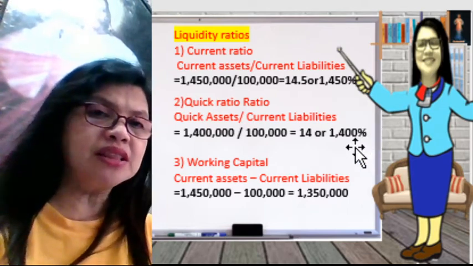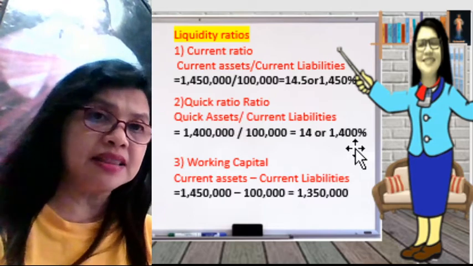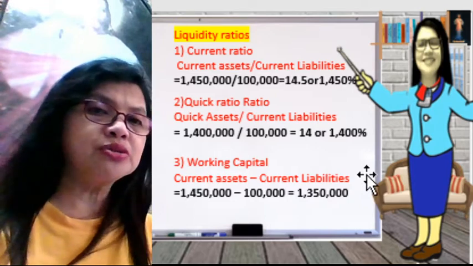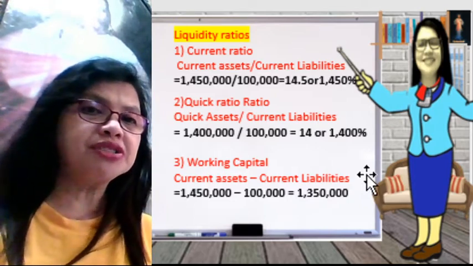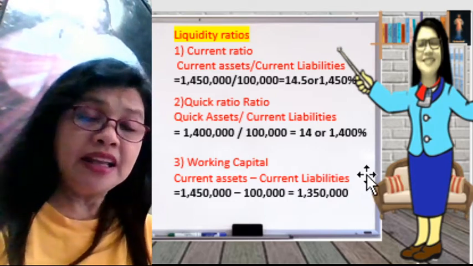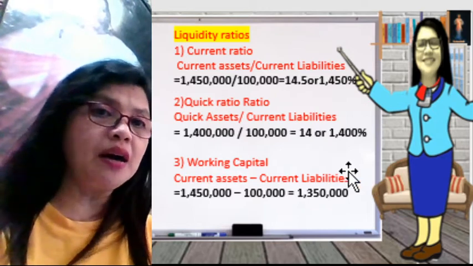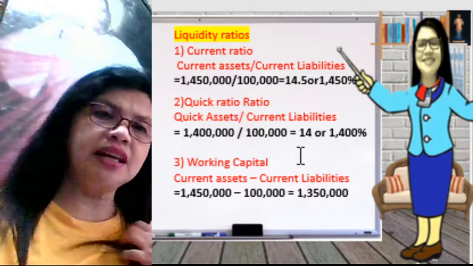When we also see the working capital, that means current assets minus the current liabilities, it shows to us that there is much more, enough money. We have enough assets to pay our current liabilities. Next, we have